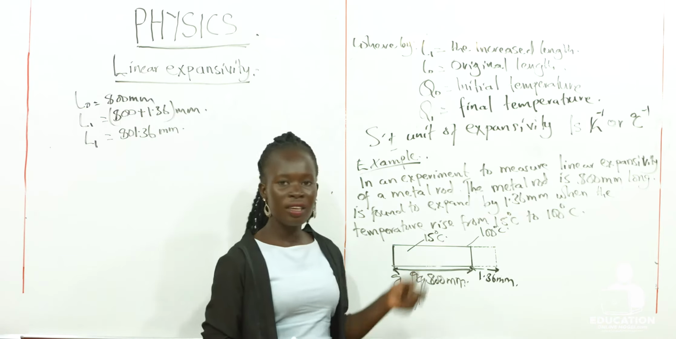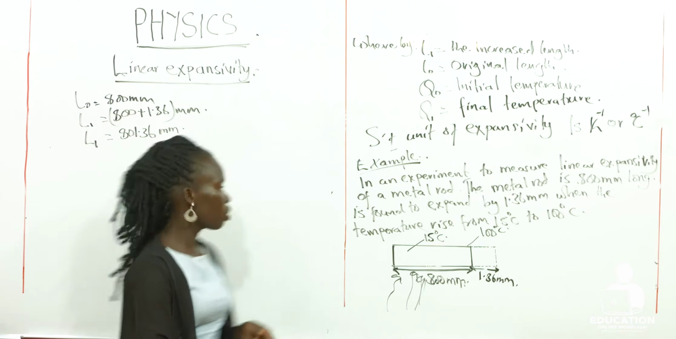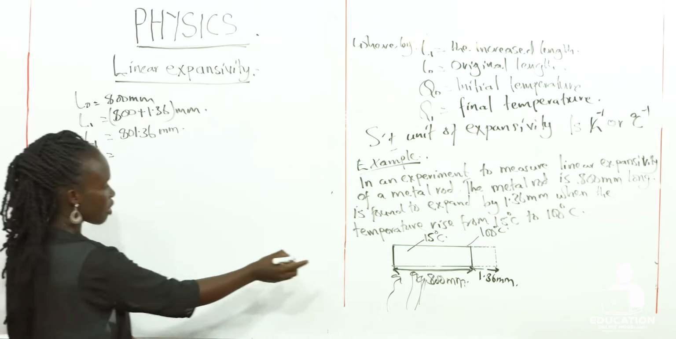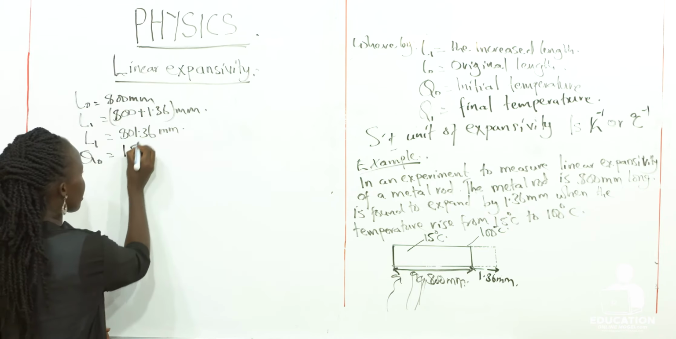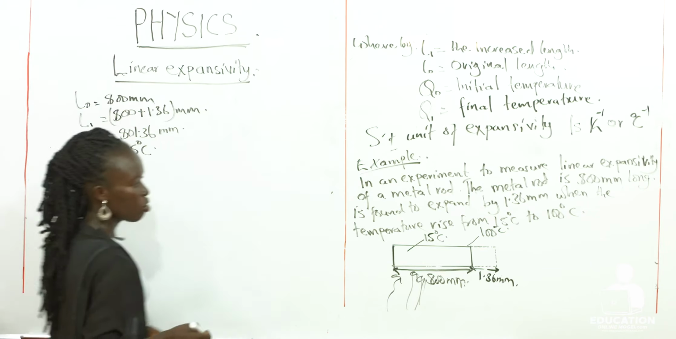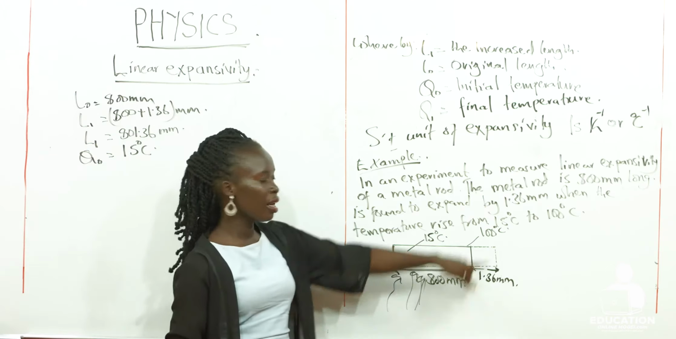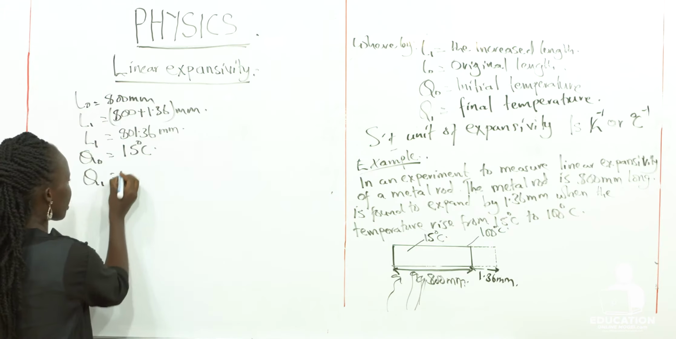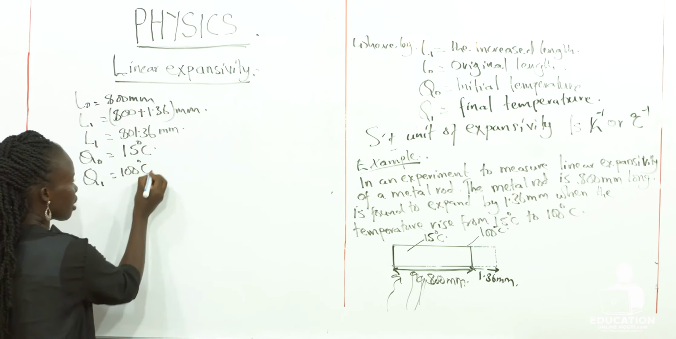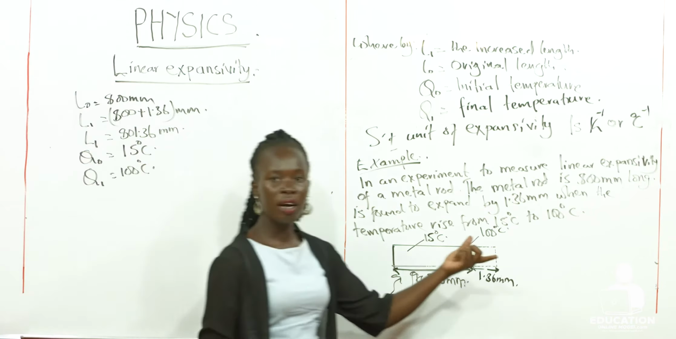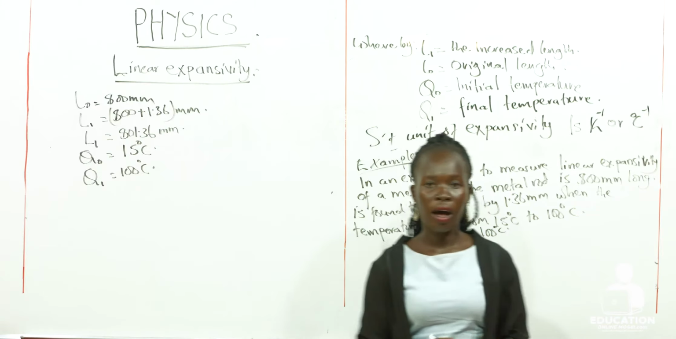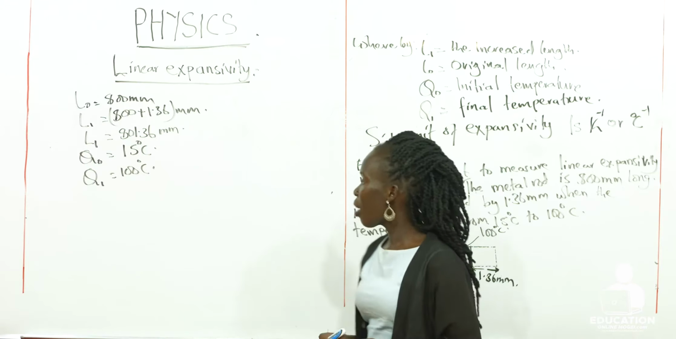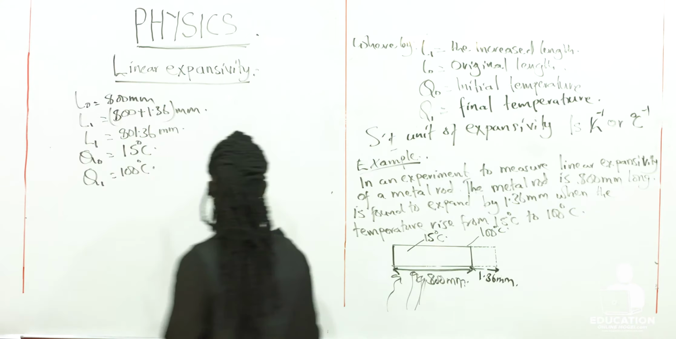So what was the initial temperature of our metal rod? The initial temperature Q naught was given to us as 15 degrees Celsius. So the metal rod was heated, and the temperature was increased to 100 degrees Celsius. So 100 there becomes our final temperature. So if we have it like that, our formula is saying that